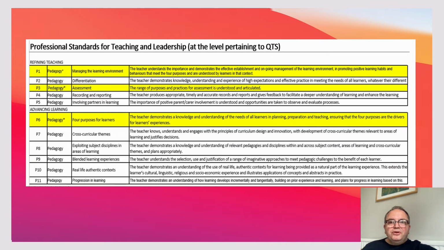Now, in order to prove you're an effective teacher, you need to be measured against the professional standards for teaching and leadership. As you can see from this and the following slides, there's a significant number of them. Now, some we have highlighted in yellow, as these are critical or the most important standards that you need to show you're achieving during your early weeks of placement. Now, trainees are often a little thrown by the terminology used, so it's important that we spend some time unpicking what these actually mean. So let's have a look at our first